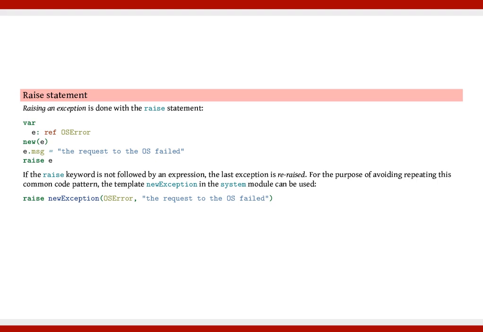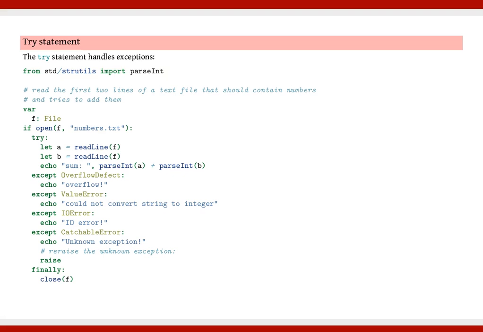Raise new exception, OSError, "the request to the OS failed". Try statement. The try statement handles exceptions. From std/strutils import parseInt. # Reads the first 2 lines of a text file that should contain numbers and tries